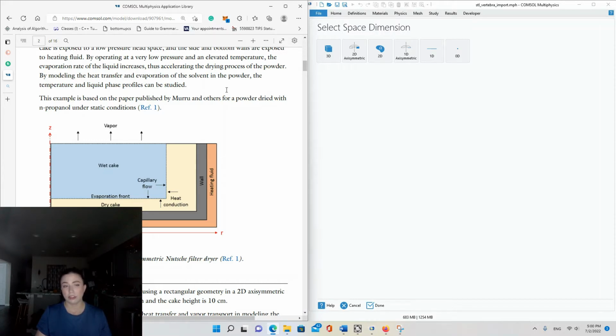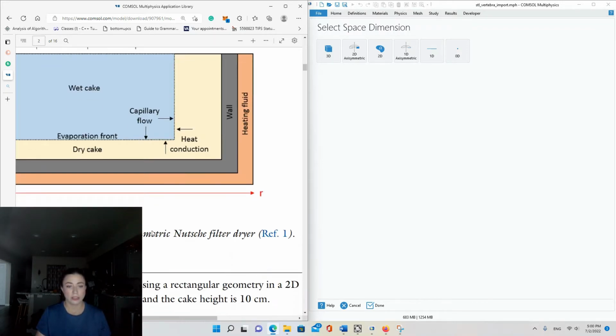By modeling the heat transfer and evaporation of the solvent in the powder, the temperature and liquid phase profiles can be studied. This example is based on the paper published by Muru and others for powder dried with N-propanol under static conditions. So here's the graphic